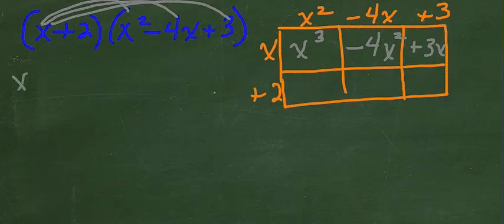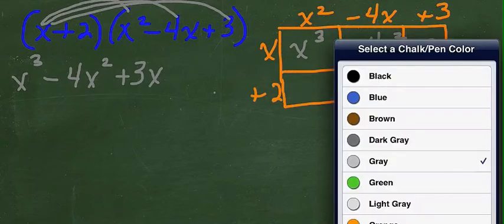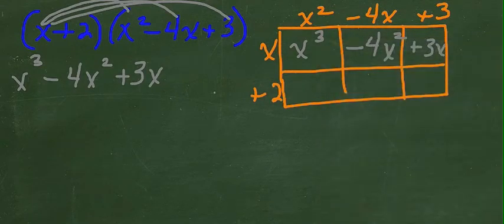X times x squared is x to the third. Not so surprisingly, x times negative 4x is negative 4x squared, and x times 3 is positive 3x. Now I would like to work on the bottom row. I would get 2 times x squared, 2 times negative 4x, and 2 times 6. I can find the same thing here by multiplying 2 times x squared, 2 times negative 4x, and